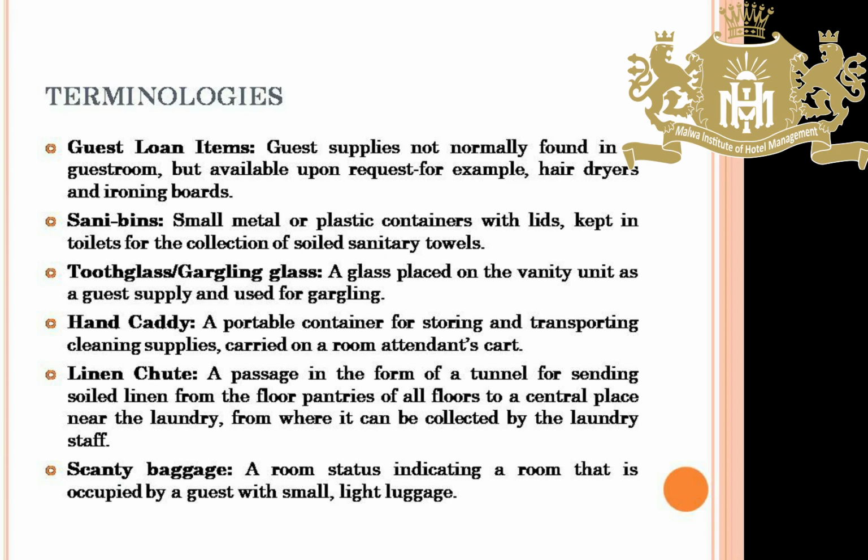Guest loan items: guest supplies not normally found in a guest room, but available upon request, for example, hair dryers and ironing boards. Sunny bins: small metal or plastic containers with lids, kept in toilets for the collection of soiled sanitary towels. Toothglass or gargling glass: a glass placed on the vanity unit as a guest supply and used for gargling. Hand caddy: a portable container for storing and transporting cleaning supplies, carried on a room